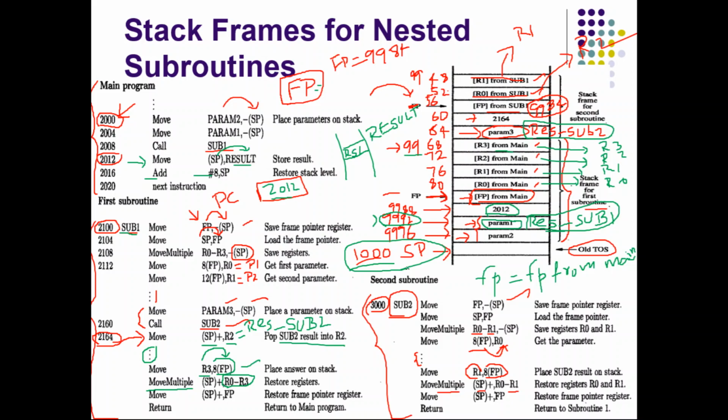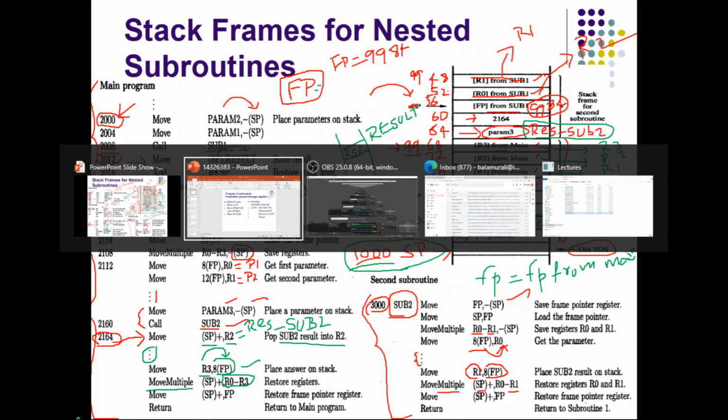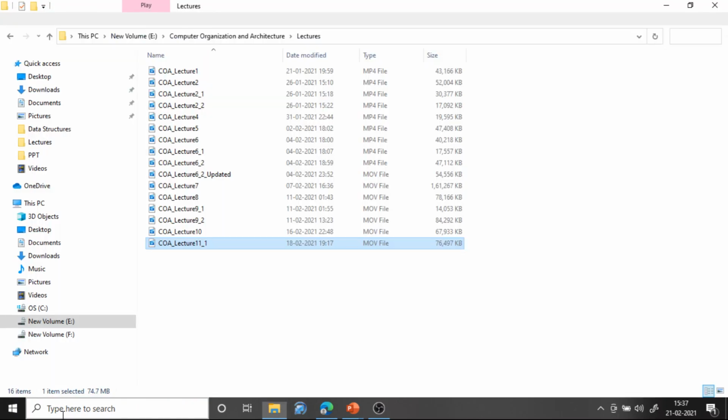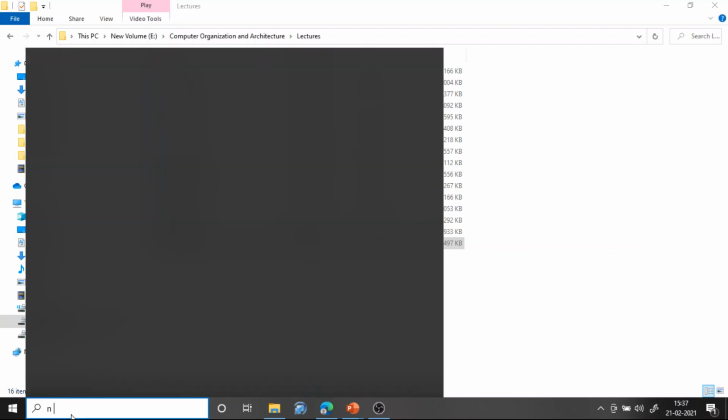So like that the flow is going on, right? Let me try to write down the flow, so that I think it will be helpful.